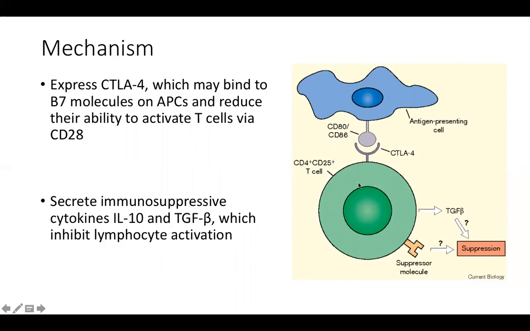Okay, this is your T regulatory cell, it has CD25, it has FOXP3, also it has high CTLA4। CTLA4 can bind to the B7, and of course B7 फिर यहाँ पे इसने engage कर लिया, so that B7 is less available to bind to your T helper cell, so there it reduces the ability to activate T cells via CD28। Okay, that mechanism is clear। Second mechanism is that it can secrete inhibitory substances like interleukin 10, TGF beta वगैरह, they will go and suppress the activation of the T lymphocyte। तो ये भी कर सकता है।